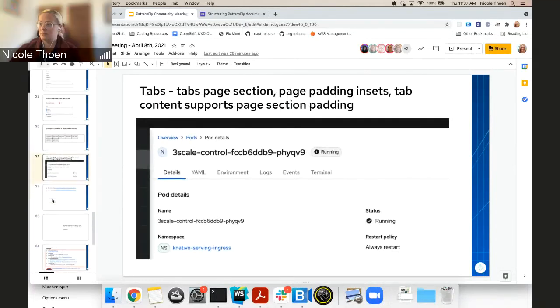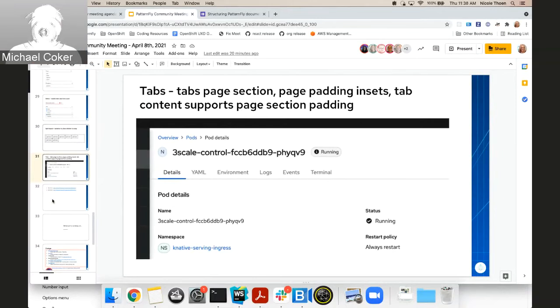Lots of really great updates with the tabs component. So we now have a page section dedicated to placing tabs in the page main area or the main section. So similar to how we have page sections, like a generic page section for content, your tables, that sort of thing, page section for breadcrumbs, tertiary navigation, we now have a page section for placing tabs, and it just applies the spacing needed to put tabs in context with other things in the page section. So that's available if you want to use it. Obviously, you can place tabs in other page sections or a regular page section if that works for your layout as well.